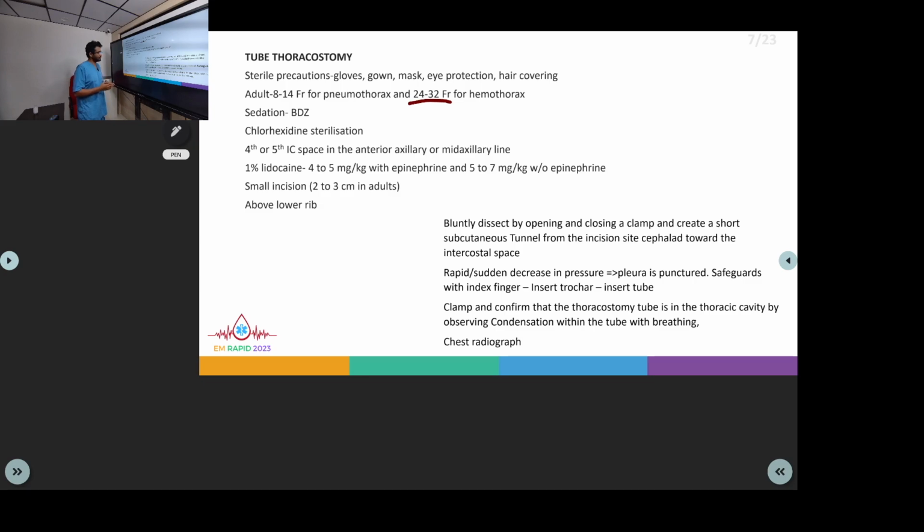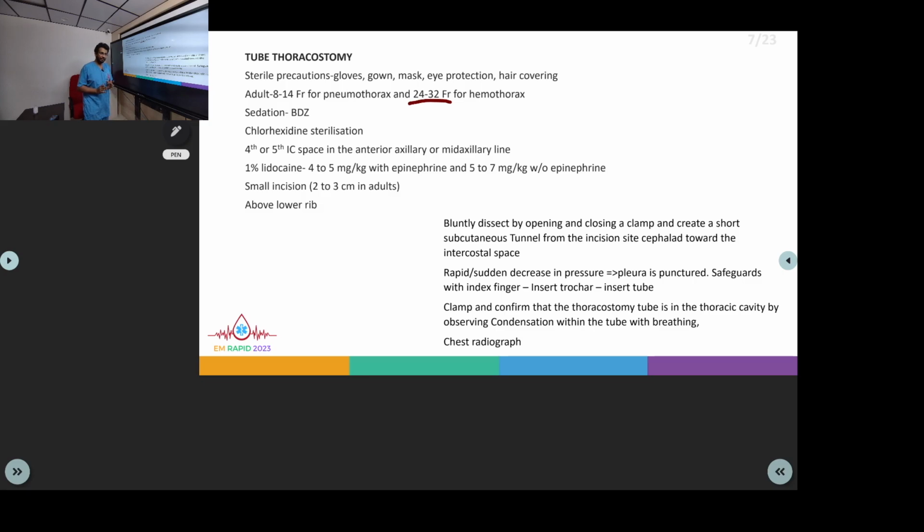rib. So initially we'll put an incision here, a 2 to 3 centimeter incision, and through the incision we'll insert a clamp, and we'll open and close the clamp so that we'll make a tunnel through the intercostal space, and this subcutaneous tunnel will be towards the pleura, and a rapid sudden decrease in the pressure means that the pleura is punctured, and we'll have to insert the index finger through the tunnel we have created, and following which we'll have to insert the trocar,